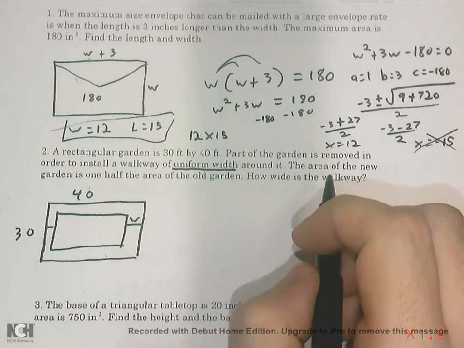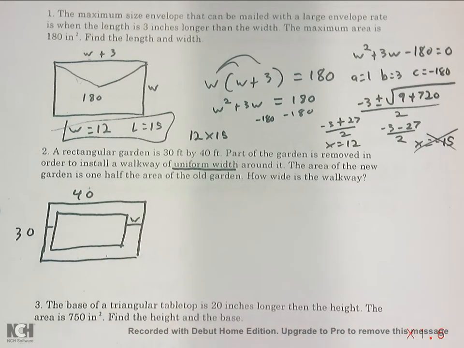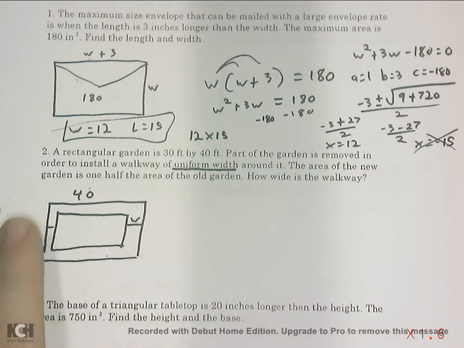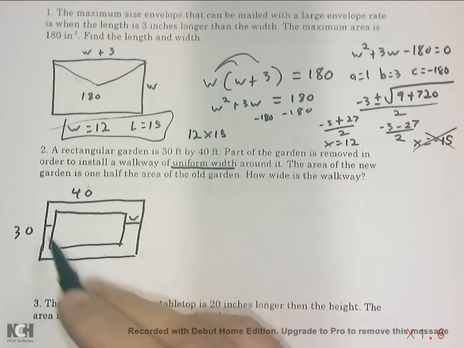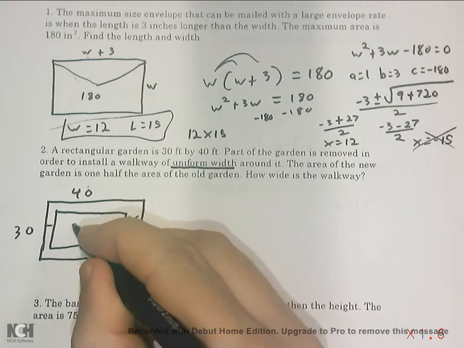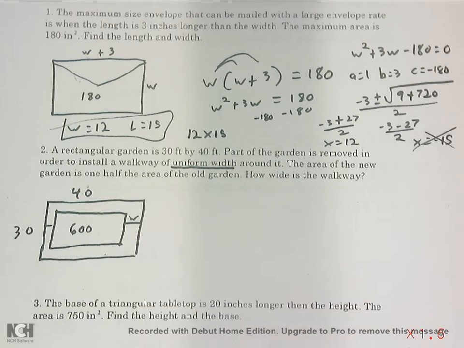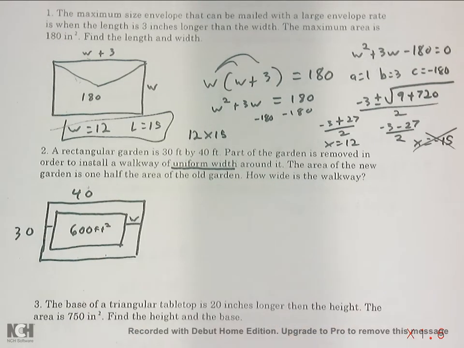Then it also tells me that I have an area that is 1/2 the area of the old garden. So to find the area, it's 30 by 40, right? So I do 30 times 40, which is 1,200. So the original area is 1,200. So half of that would be 600. So this new garden is only going to have an area of 600 feet squared. That is in feet. Okay? So,